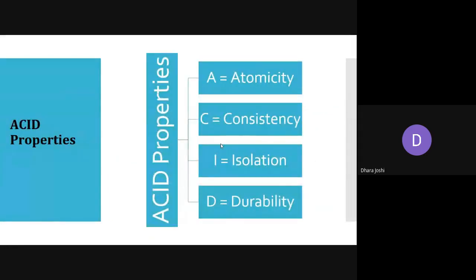The most important question: what are the ACID properties? ACID means atomicity, consistency, isolation, and durability. For this transaction chapter, we must focus on all of these properties. Atomicity means either it should be done 0% or it should be done 100%. So, either none or fully, the transaction needs to be executed.